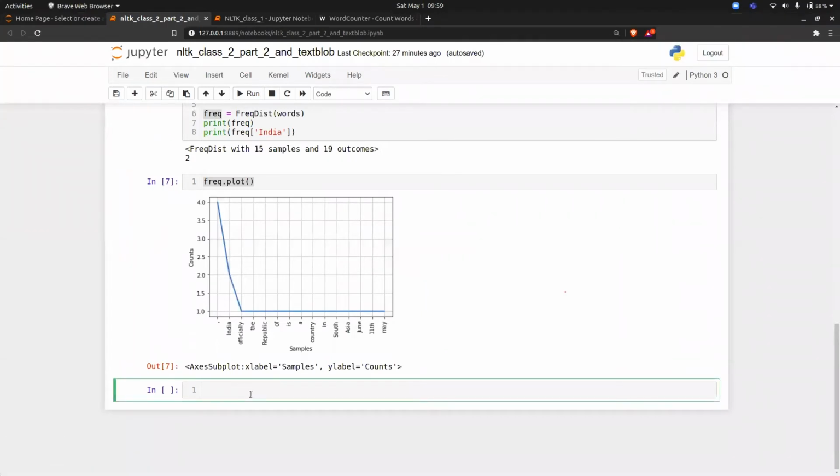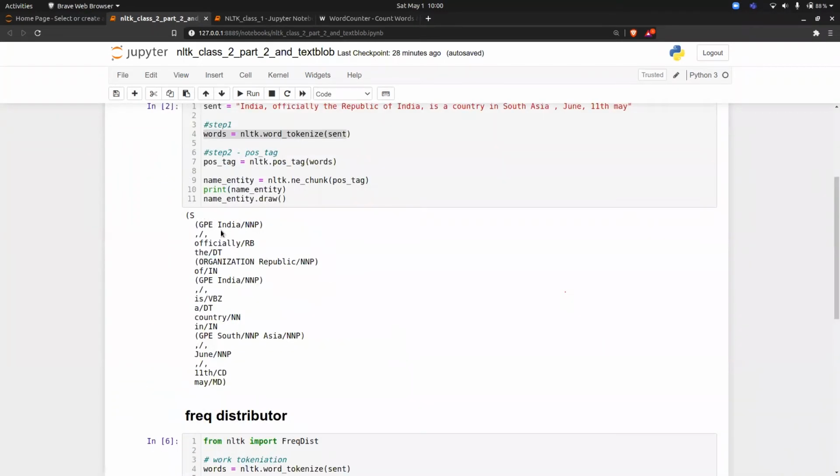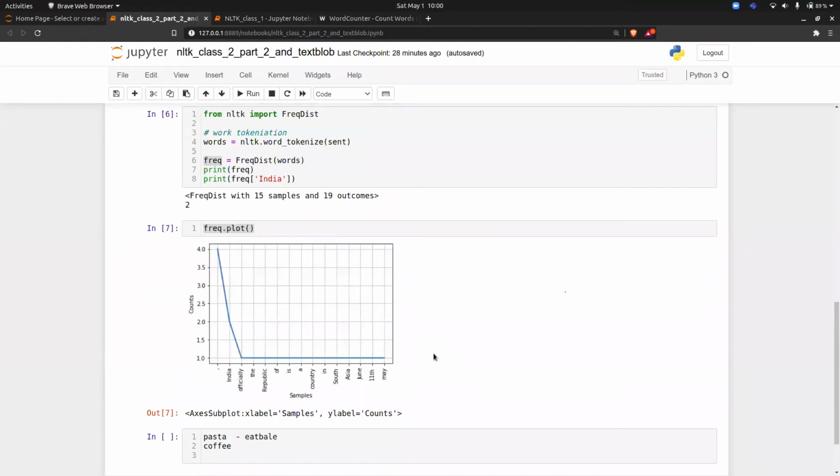Sorry, just a small suggestion. Suppose there is a pasta, there is a coffee, and just try to give 4 to 5 things and mark these as eatables. Just an example. So basically you have to train this model, and whenever your model sees cappuccino or stuff like that, it will tell you that cappuccino is an eatable thing. Of course you have to train the model for that. The hard-coding approach will be tricky, as you have said: after one cappuccino there is a number, after two flat white, so hard coding is not possible. So you have to train a model on that.